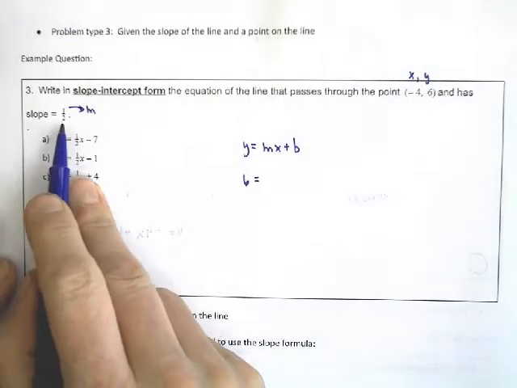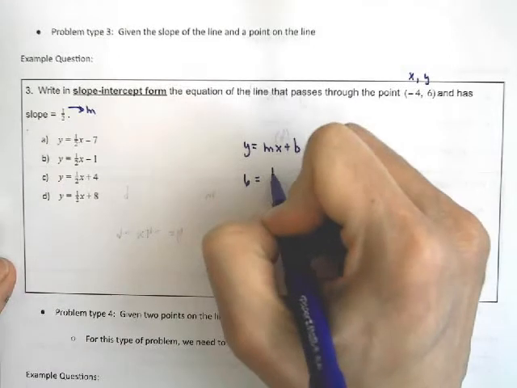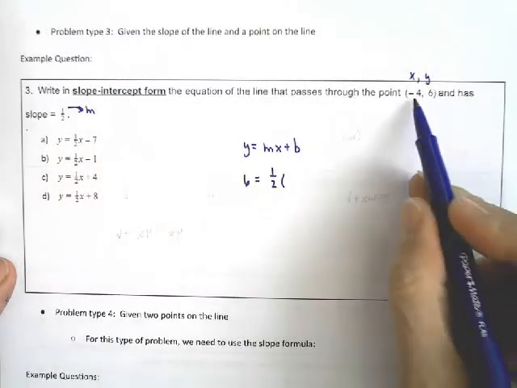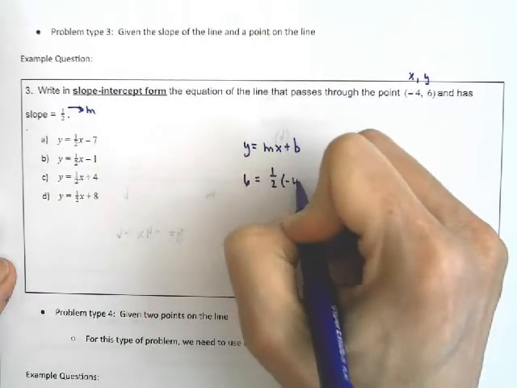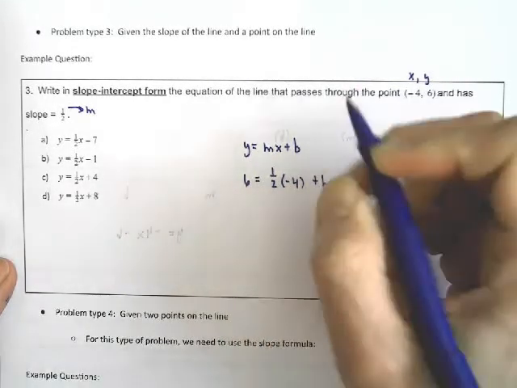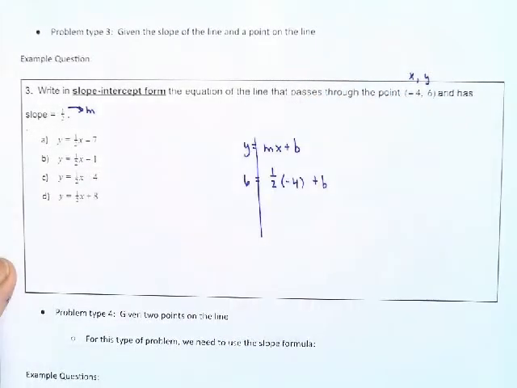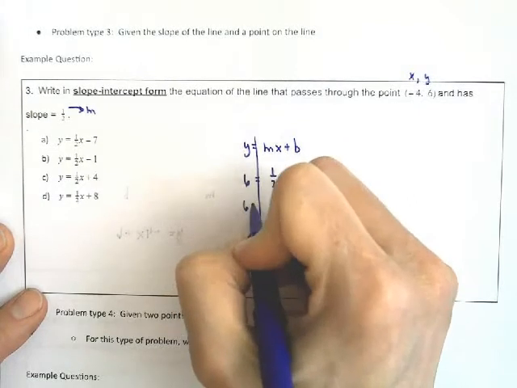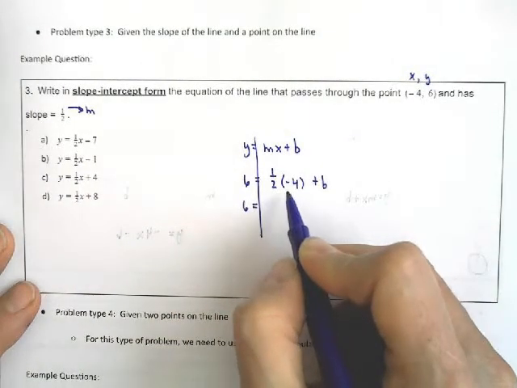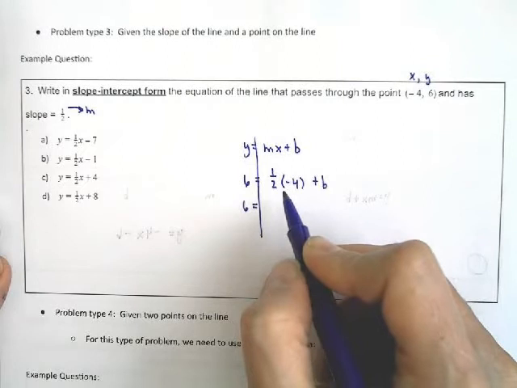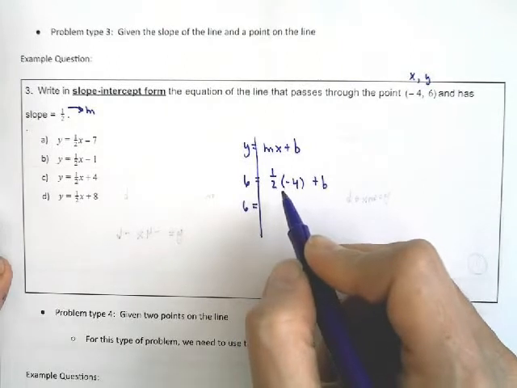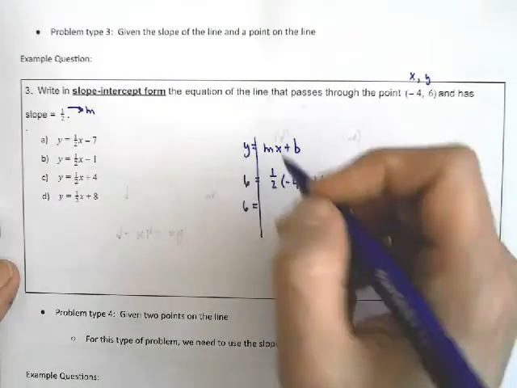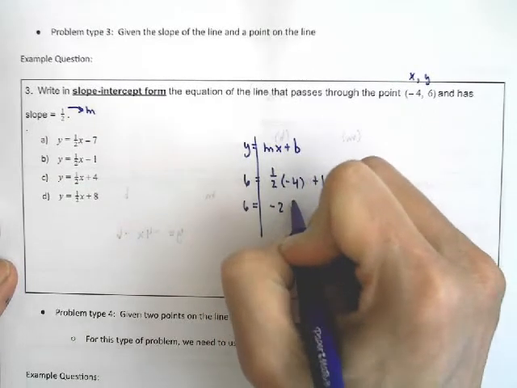The m I take from here, that was my slope, so m is 1/2. X is -4, and then I'm going to copy my plus b. So we're going to use our solving skills. 6 equals 1/2 times -4. Please be careful here and use those calculators so we don't get the wrong signs. 1/2 times -4 is -2,